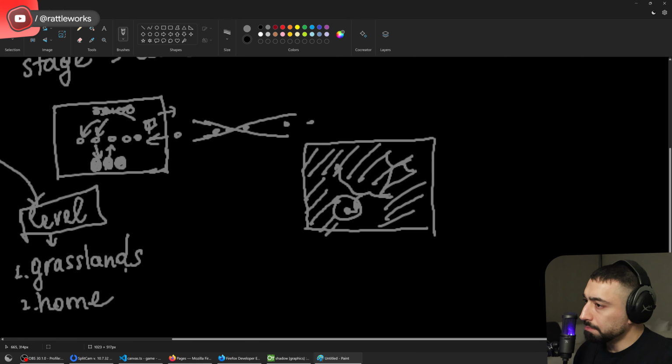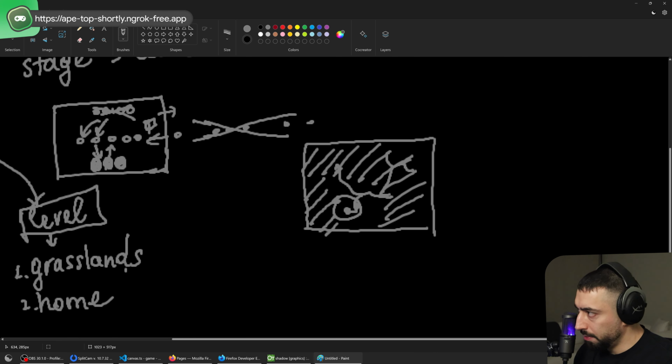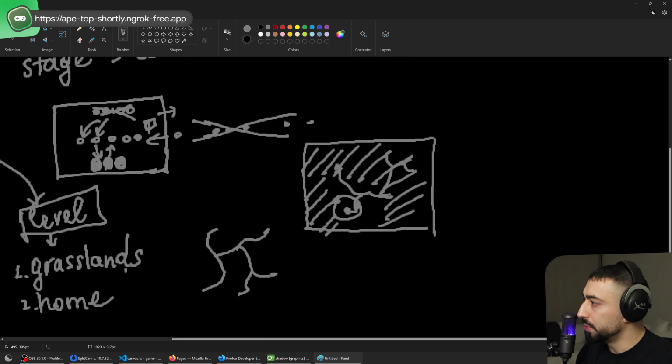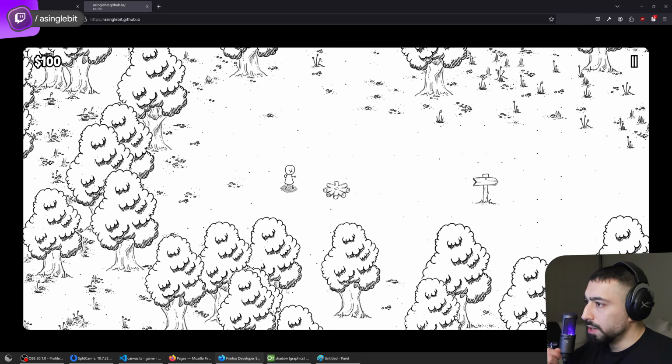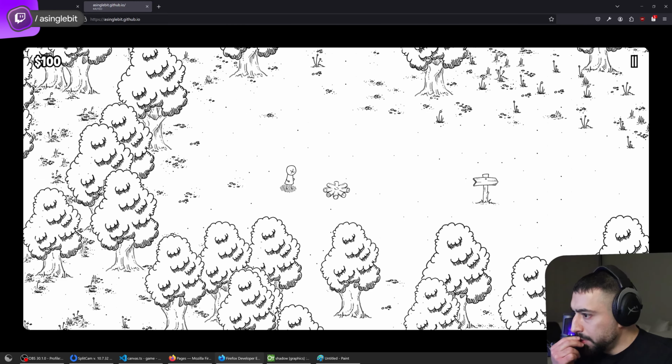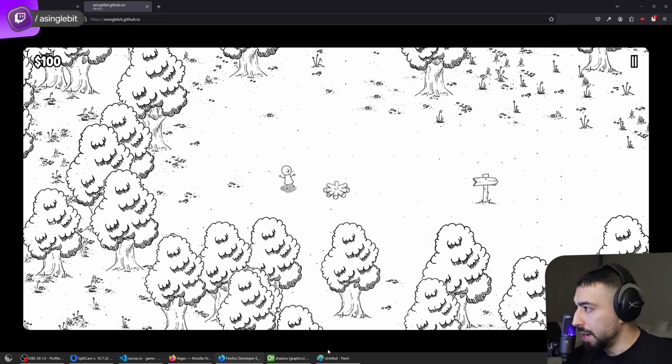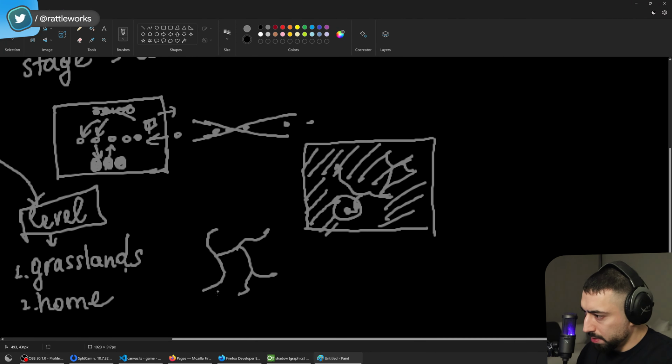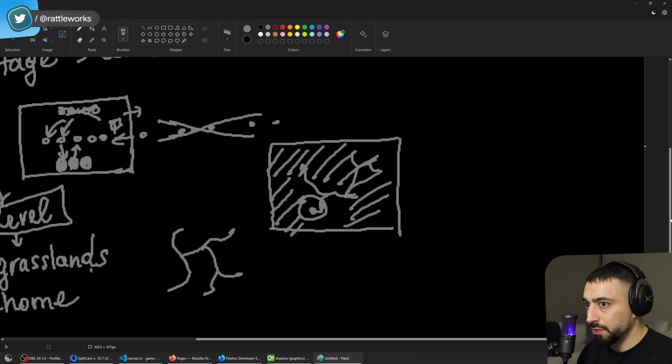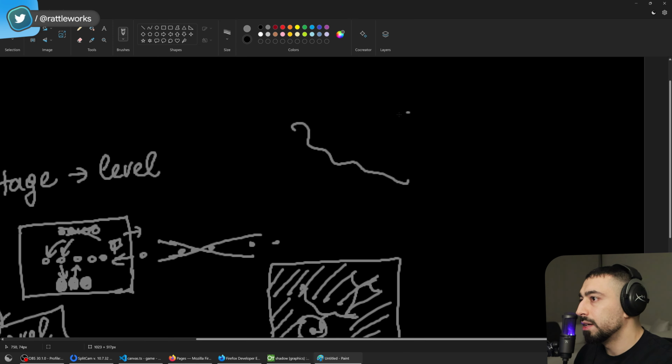And I also want the map to be completely procedural because of the roguelike nature of the game. We want the map to be completely different every time we create a new game. And I also want it to be deterministic and based on the seed. So then we need a system that generates the map, and we need some certain number of other systems,